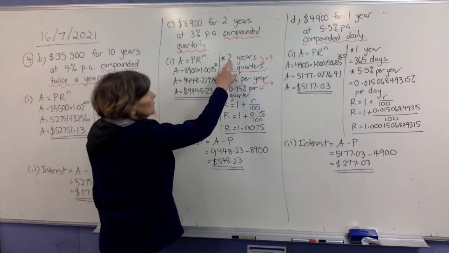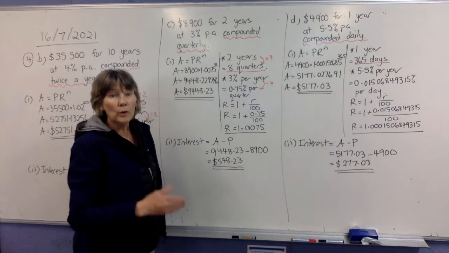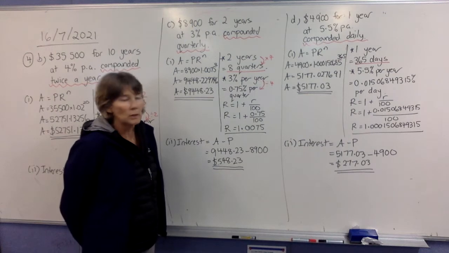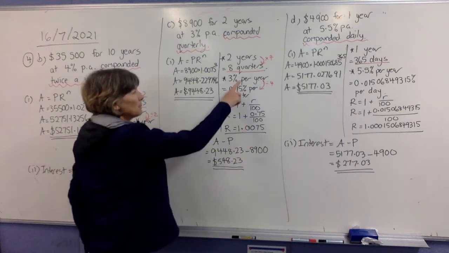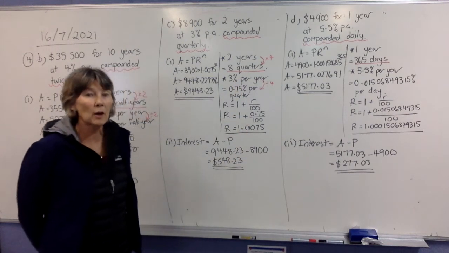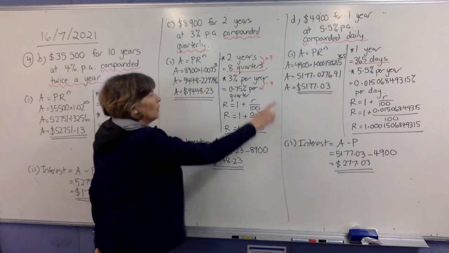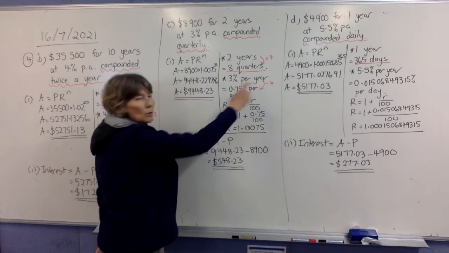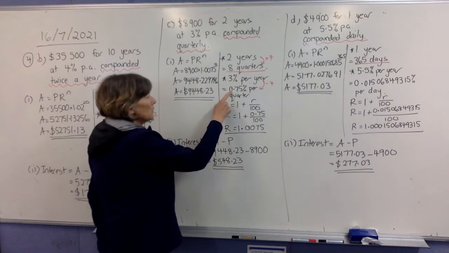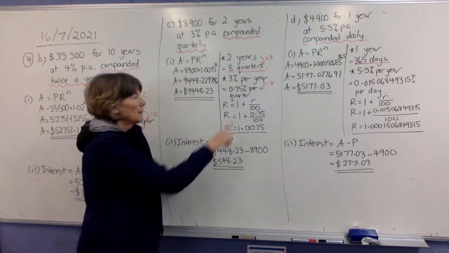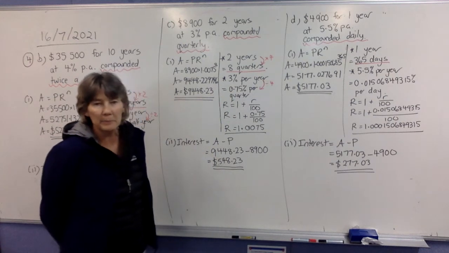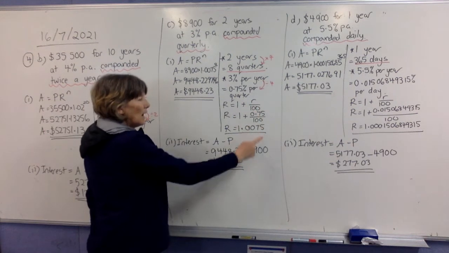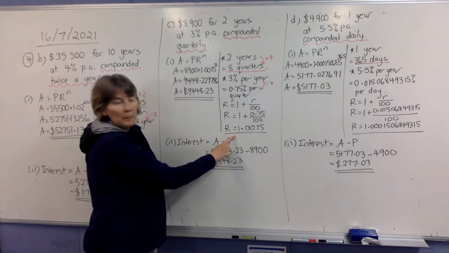Okay, so looking at 2 years, if we change that into how many quarters of a year we have, we times by 4 and get 8 quarters in 2 years. The 3% per year interest rate, to get a quarter interest rate, we divide by 4. So 3 divided by 4 as a decimal is 0.75. So it's 0.75% per quarter. That's the number that's going in for R, and you will get your capital R value of